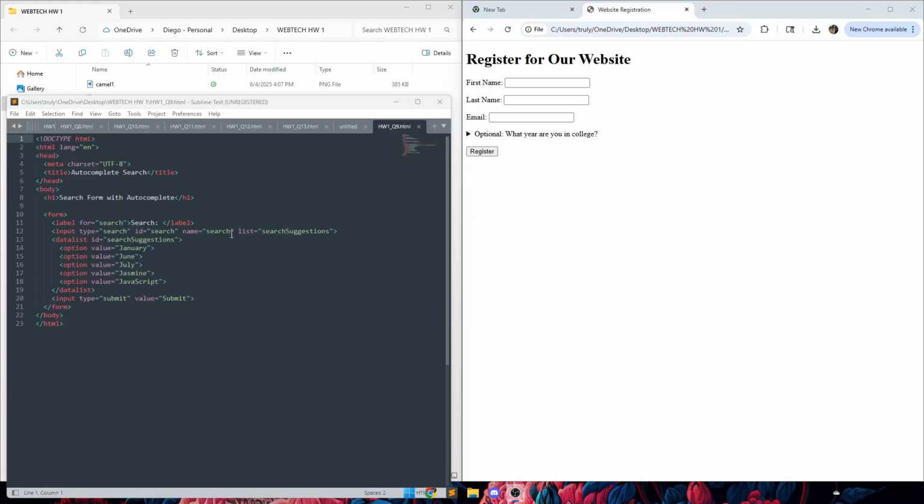All right, question number 9 was a tricky one. I created a search form using the input element with the type set to search. This allows users to type in queries and submit them using the submit button. I connected this input to a datalist element using the list attribute. The datalist contains several predefined search options like January, June, July, Jasmine, and JavaScript. When the user starts typing, for example, the letter J, the input field will show a list of these matching